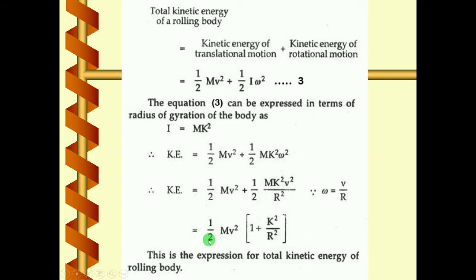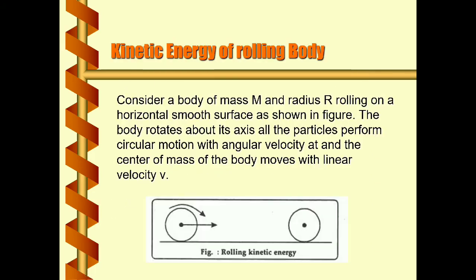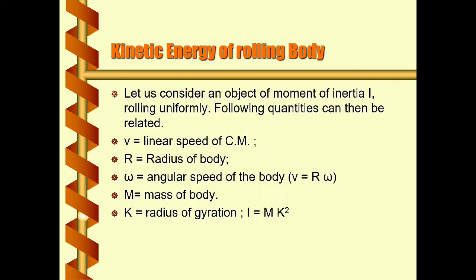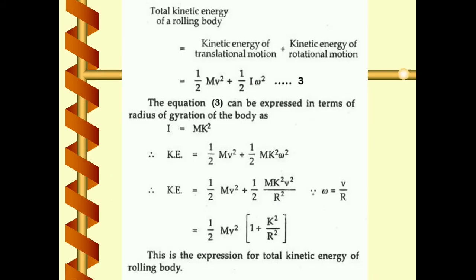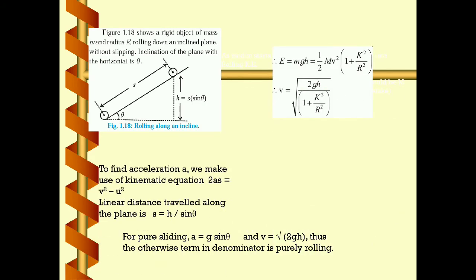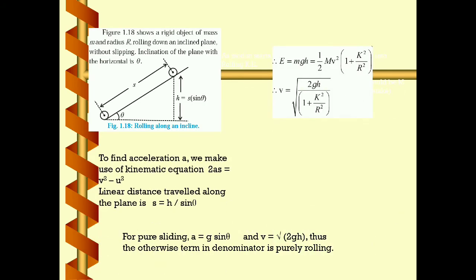Okay, before, you wrote this one in terms of angular velocity, and this one you are writing in terms of linear velocity. What next here? Suppose we consider a rigid body